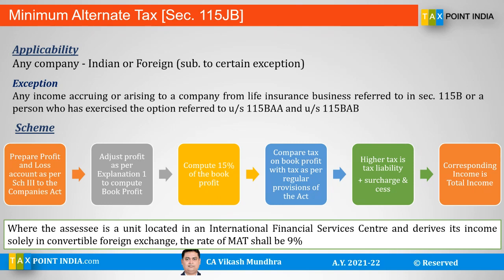However, there is another mechanism called alternate minimum tax, AMT. The provision relating to AMT is applicable in the case of individuals, HUF, LLP, partnership, and other persons. In the case of a company, the provision of section 115JB is applicable, whether it is an Indian company or a foreign company, barring a few foreign companies. Exception: if the company is a life insurance business company, deriving income from life insurance business, then the provision relating to 115JB is not applicable to that type of business,